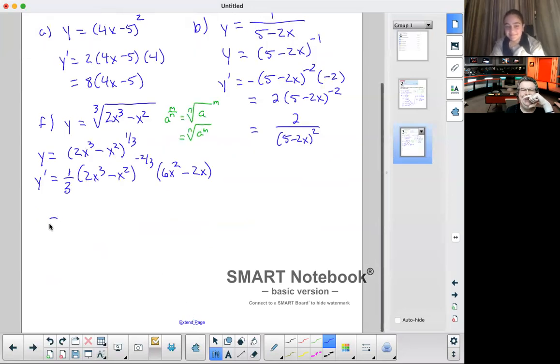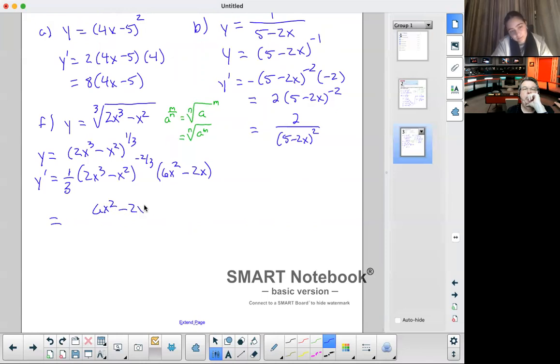So let's clean it up. And I mean, get rid of the negative exponent, simplify anything we can. I don't see anything we can simplify though. 6x squared minus 2x over 1/3 2x cubed minus x squared to the power of positive 2/3. Good. Now, I'm not sure what you meant by 1/3. 1/3 does not go in the denominator. 1/3 at the top. It's just the ones up here, which we don't use anymore. Is that right? Okay. I knew you were good with fractions. 2/3. It's so refreshing, honestly.